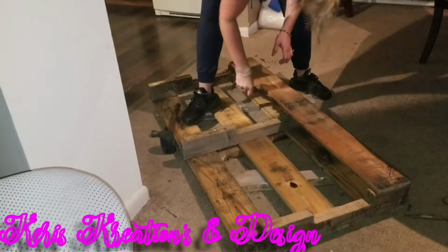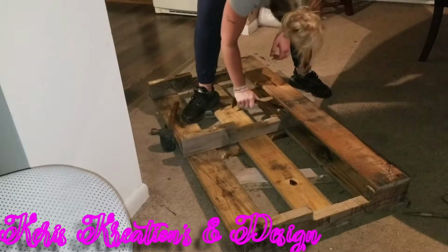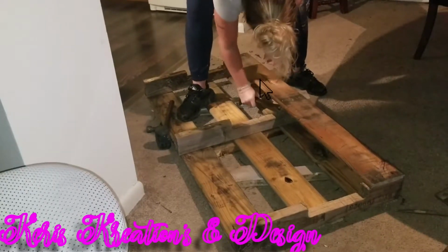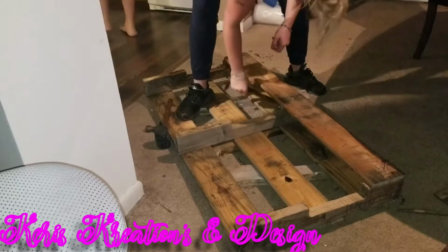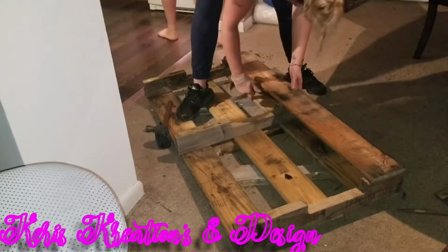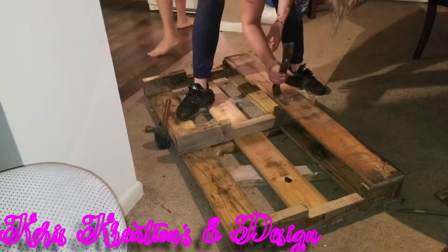It saves you some time from prying the ends, and it also lessens the amount of wood you're going to get, because obviously you're going to cut off each end. That's going to shorten your wood piece by probably 3 to 4 inches. So depending on what you need the wood for, like in my case,